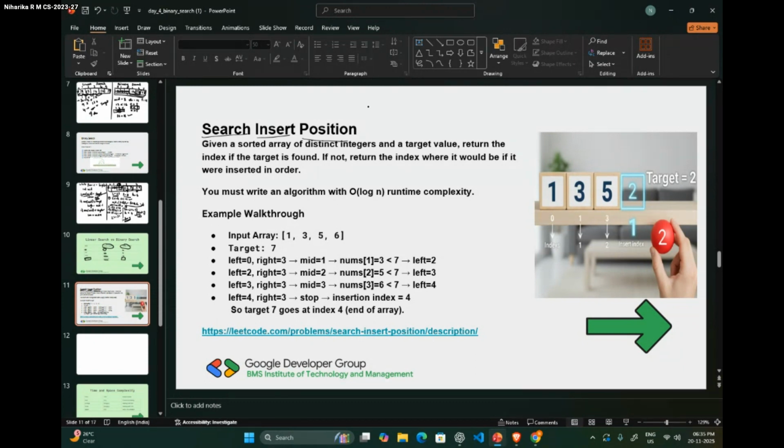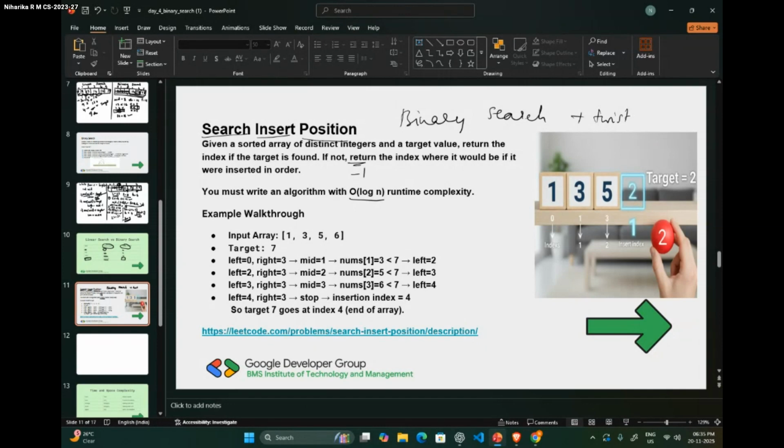Guys, this is based on the primary case of binary search, but we have a twist. In binary search, if the element is not found, we will return minus 1. But here they're asking us the index where it would be inserted, and it must be written in O(log n).